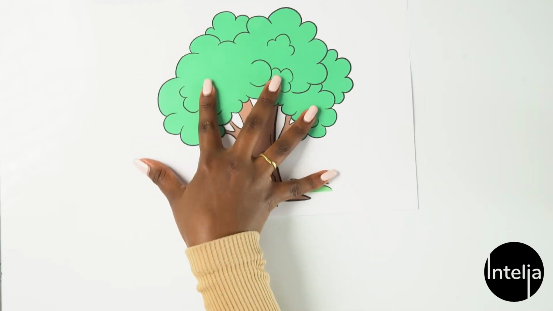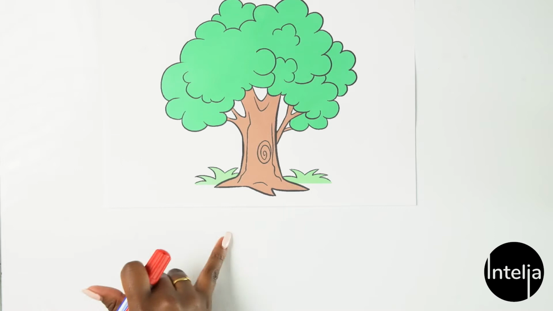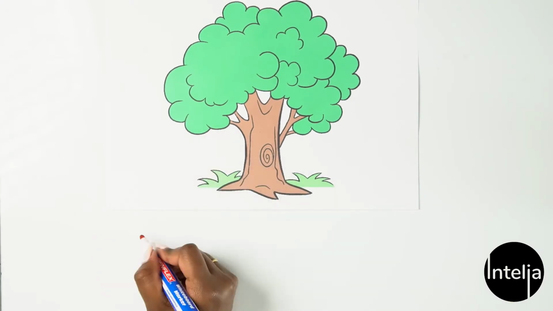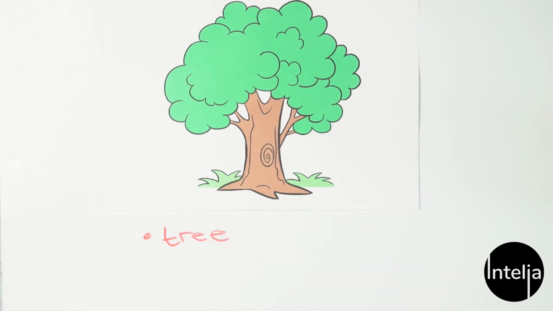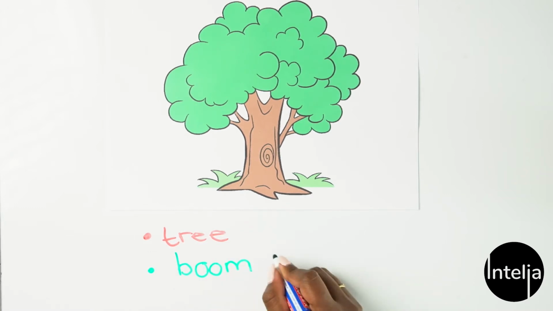Here's our first picture. Right? What is this? Exactly. This is a tree. And what do you think tree is in Afrikaans? That's right. And if we had to break it up,